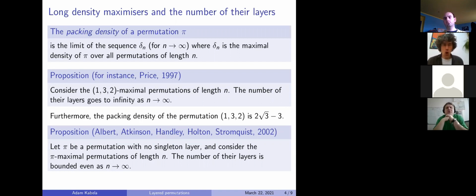And there's more results of this flavor. There's more, for instance, in the paper of Albert et al., in the paper of this group of authors, there's elsewhere, there's more results of this flavor. There's results showing that somehow the singleton layers in the pattern play a role regarding the number of layers in the